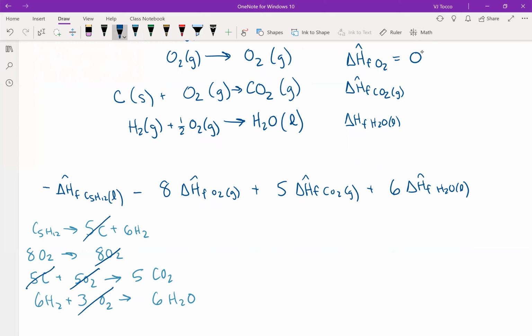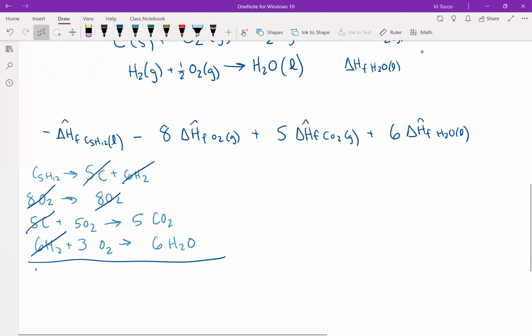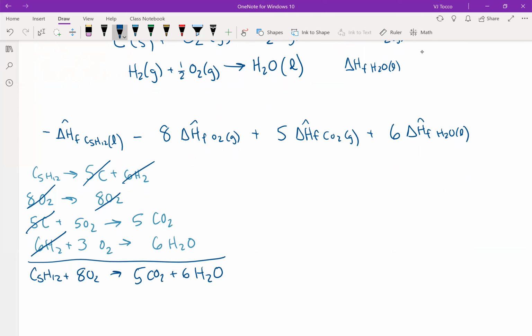I'm just going to cancel these two. I'm going to cancel these 6 H2s with these 6 H2s. Now, if I add up everything, once again, I got C5H12 plus 8 O2 goes to 5 CO2 plus 6 H2O,